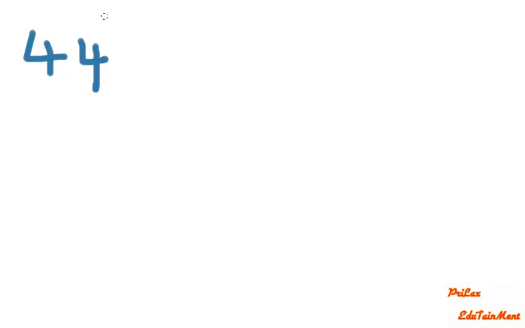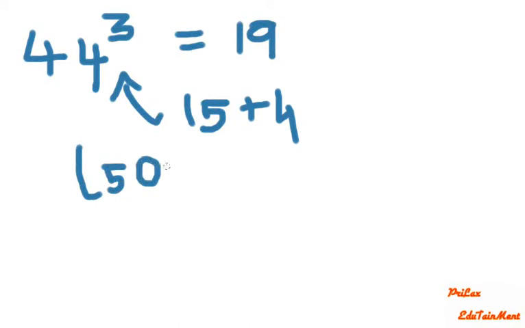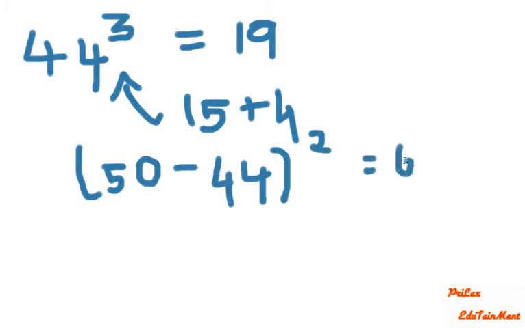Once again, I will repeat the steps again and again so that you can remember the concept clearly. So 44, it is square. I wrongly wrote cube. 44 square is going to be 19, and check the difference, that is 6 square, 1936. First we add 15 to the unit digit of the given number 4 and check the difference.